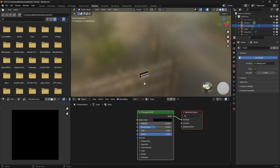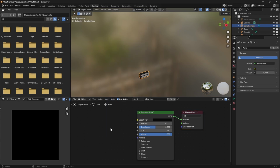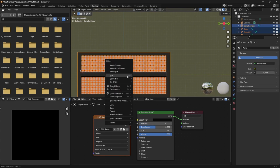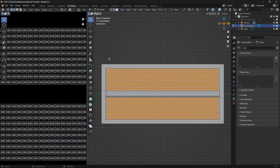And then we can click on our object here. And that even includes this body. We're going to drop that in here too. Even though they're two separate objects for now, we do want to join these so that it's one big object. And then